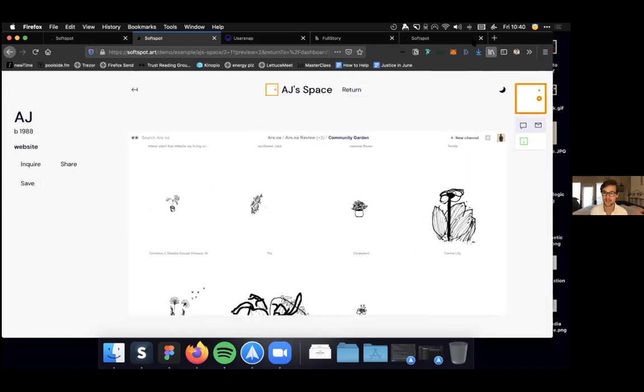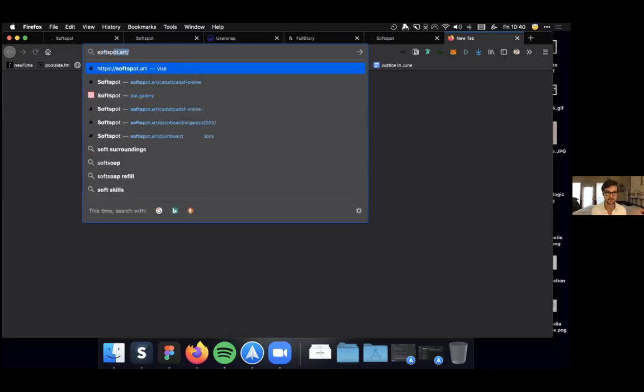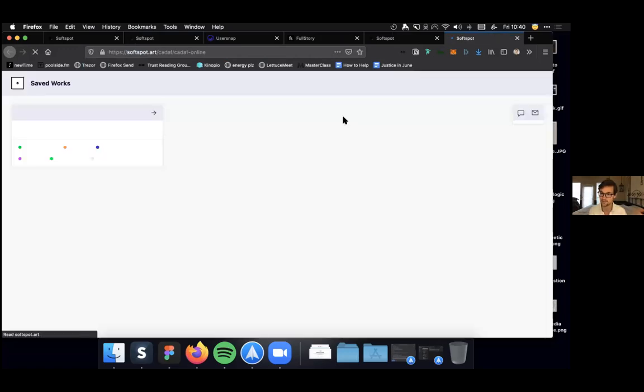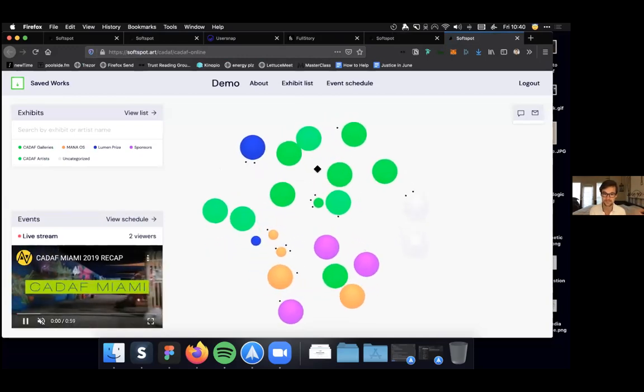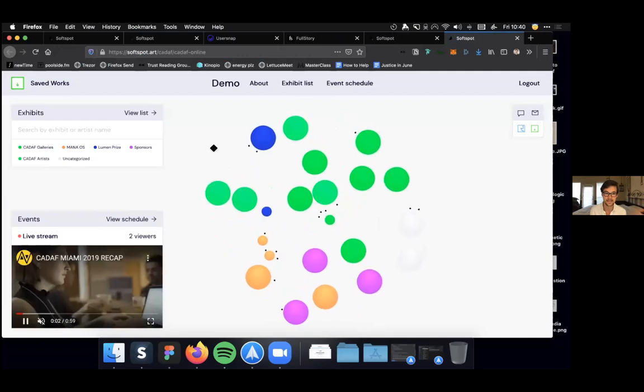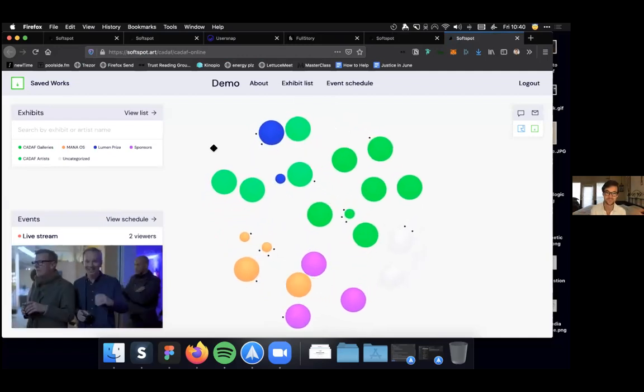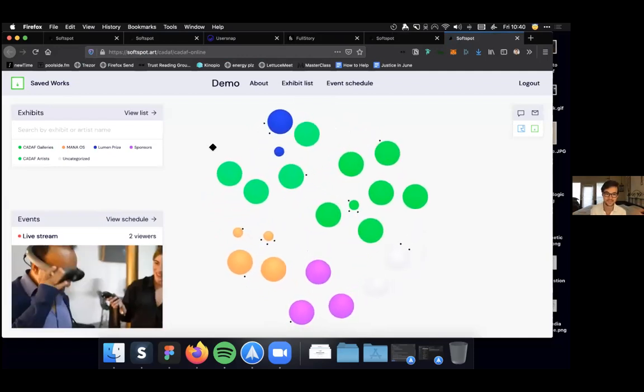And so that kind of walks through that. But one last thing I'd like to show is a quick preview of what this will look like in its greater context. So I'll go to a demo version of the CADAF event to show you what this will look like in full context. There are still a few edits we're making to this, but the idea is this: